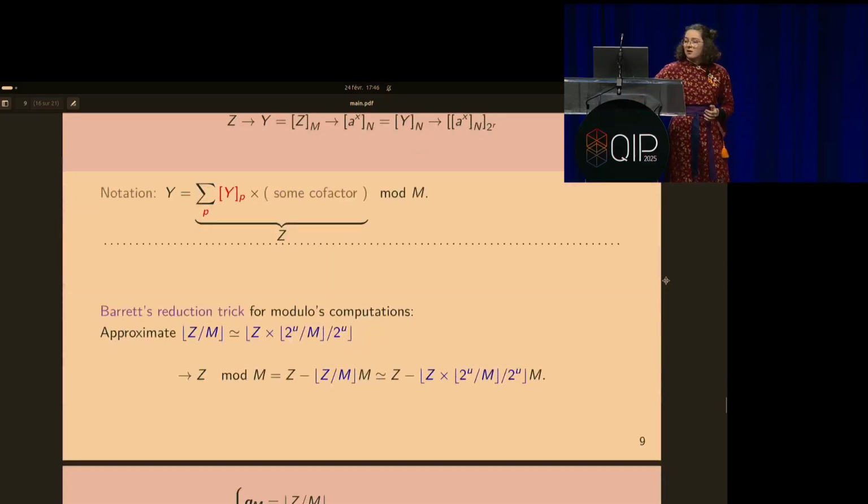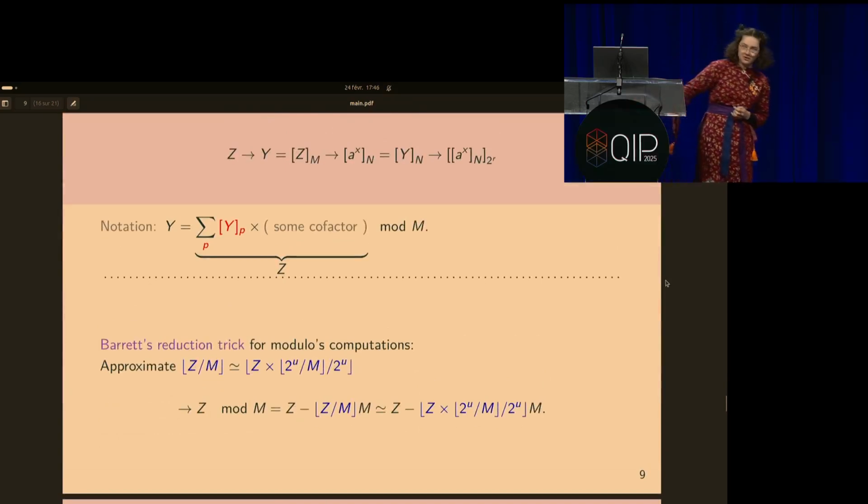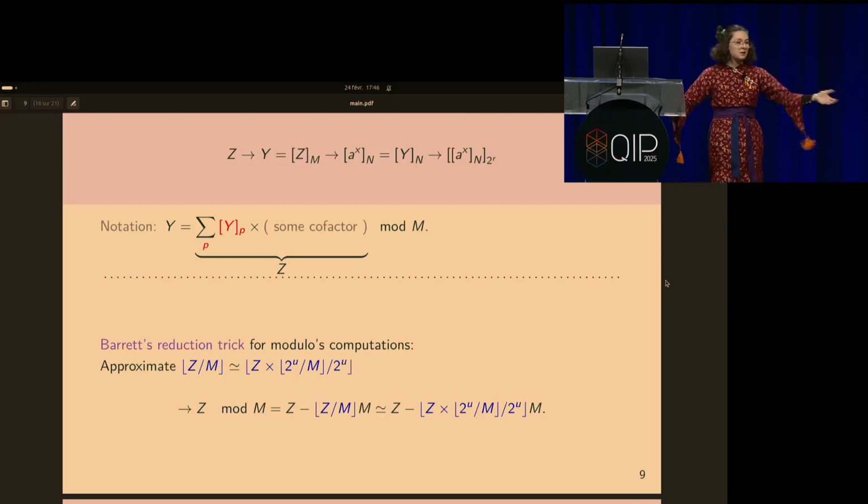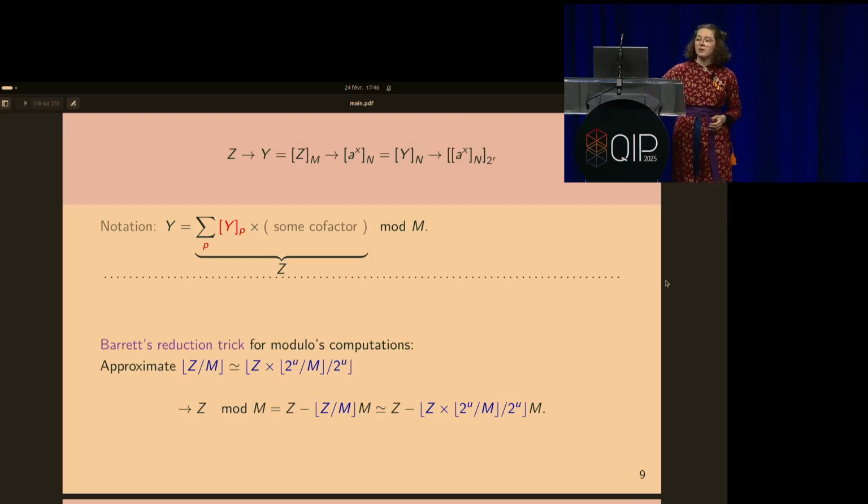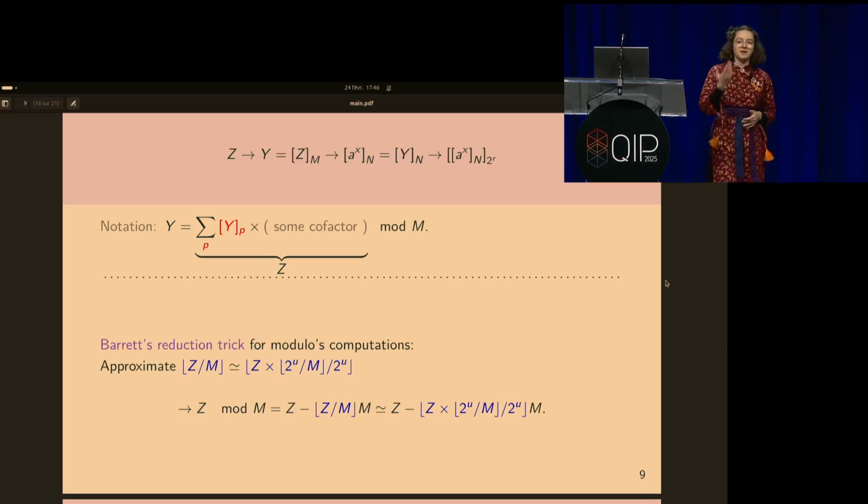We are starting to have a lot of modulo operations to compute at this point, precisely the modulo big M and big N operations that are quite costly, as I mentioned earlier. So to do that, we are going to use Barrett's reduction trick that consists in the following. If you want to compute the integer part of, for example, z divided by big M, you can choose an integer u well enough in order to have, with a very high probability, the integer part of z divided by big M